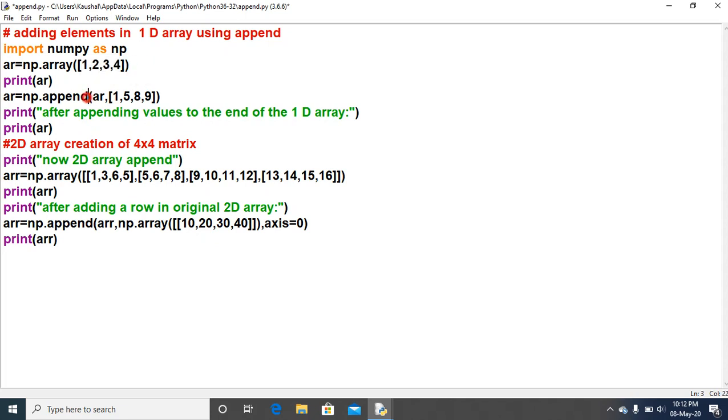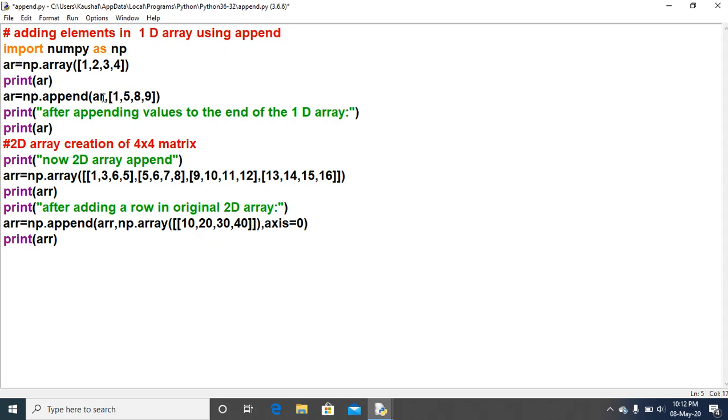Now I want to add elements to it. At a time I want to add 1 5 8 9. So you have to place them inside square brackets. Wherever you want to place the elements of the array, they should be inside the square brackets, and they are added to ar.